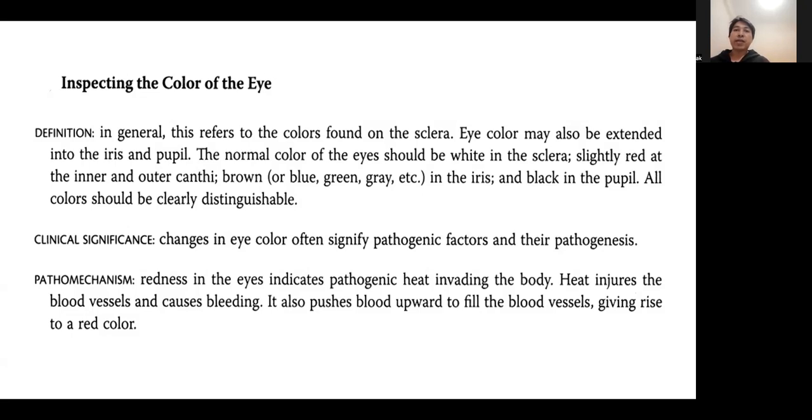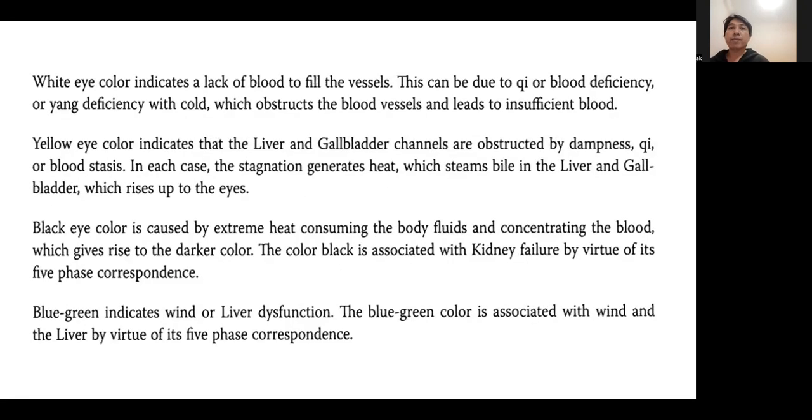Pathomechanism: redness in the eyes indicates pathogenic heat invading the body. Heat injures the blood vessels and causes bleeding. It also pushes blood upward to fill the blood vessels, giving rise to a red color. White color indicates a lack of blood to fill the vessels. This can be due to Qi or blood deficiency or Yang deficiency with cold, which obstruct the blood vessels and